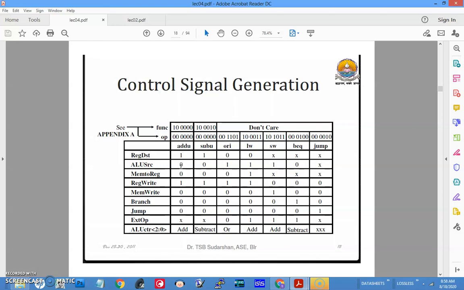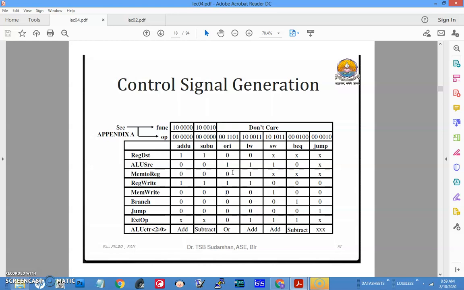The question is, write the value of the memWrite control line for the instruction load word. To answer that, since you have a table, you can trace the line memWrite and lw. The intersection will have the answer. But this table will not be there when you are writing the exam, provided you stick to the rules.